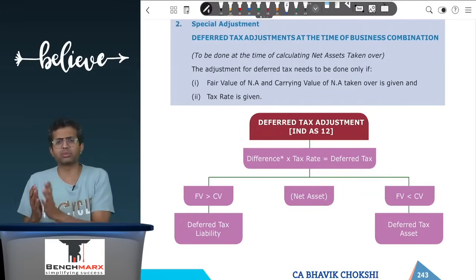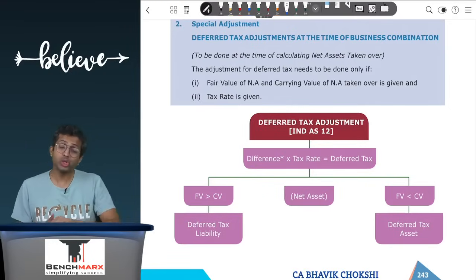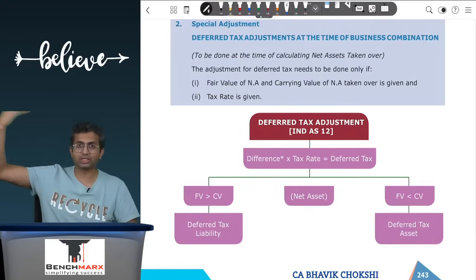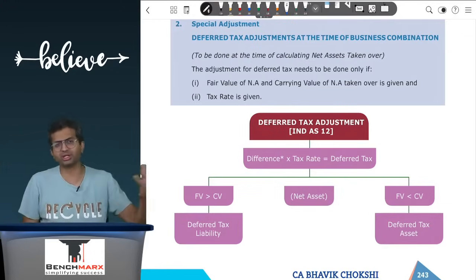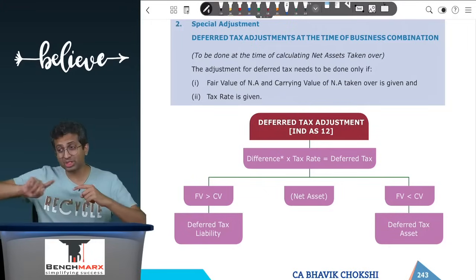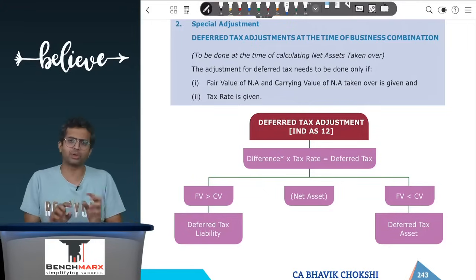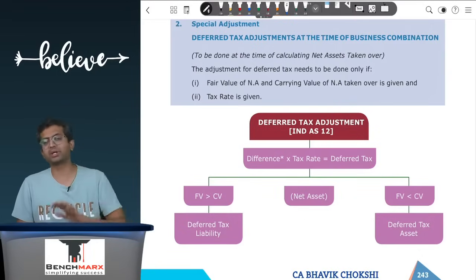Why? For example, there may be a 100 rupee debtor appearing in the books of the selling company as per income tax. While taking over, we believe 20 out of 100 is going to go bad, and hence we take them over at fair value, that is 80, which means there is a 20 rupee bad debt which will be permitted as a deduction under income tax in the later years. In the books, there will be no further deduction because you have taken over the debtors at their collectible value, that is 80 rupees only, and hence income tax will give you a deduction in the future years for 20 rupees of bad debts, and as a result, that is like a deductible temporary difference of 20 rupees on which a deferred tax asset is created.